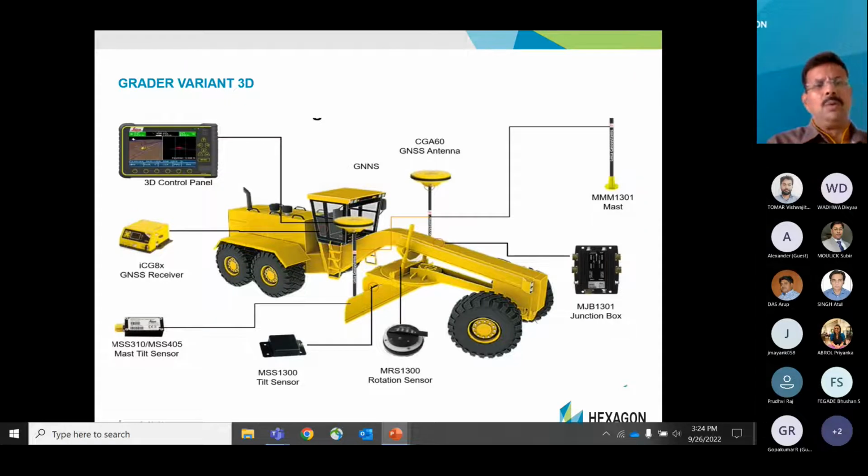So let us jump into the grader variant 3D. All the variants in my earlier slide, whatever I've shown you, are informative and for specific applications. And today, our focus is more on this 3D variant, particularly as this technology has already started emerging in India. So this is the 3D variant that Leica has. It comes with two